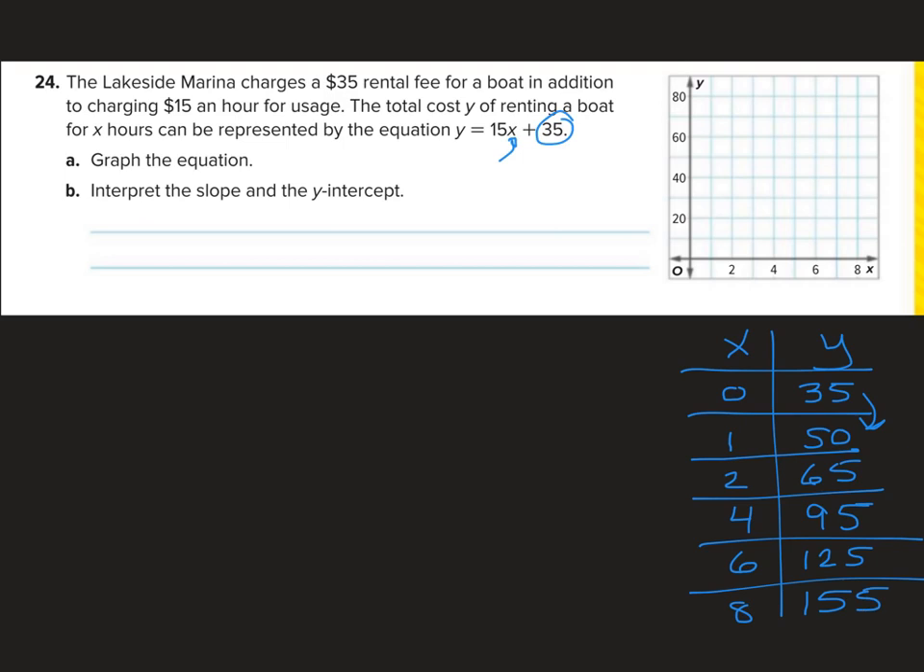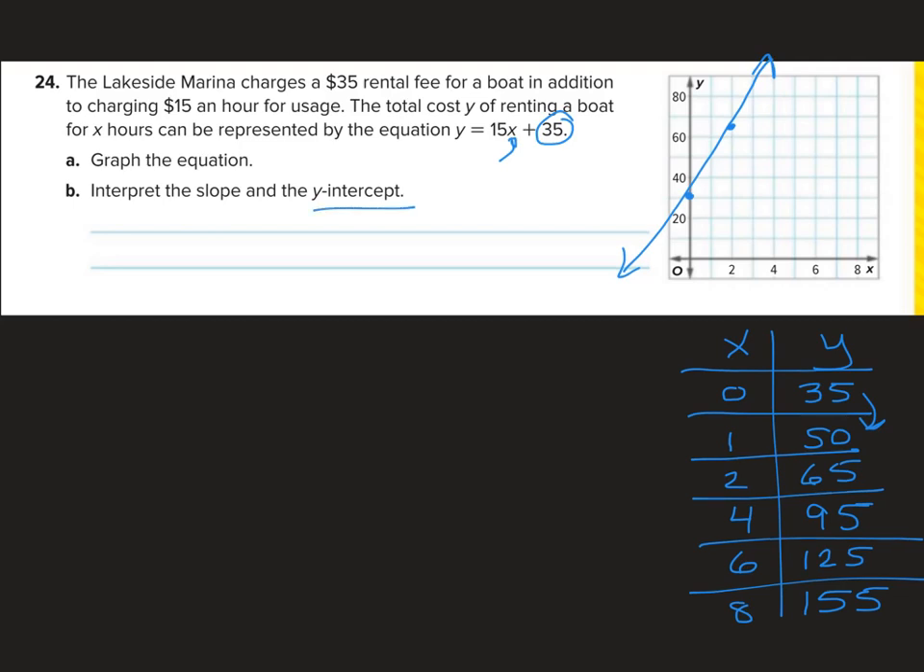So 0, 35, 2, 65, and then 4 off the charts. Almost, yeah. So that would be my graph of my equation. And then to interpret the slope and the y-intercept,